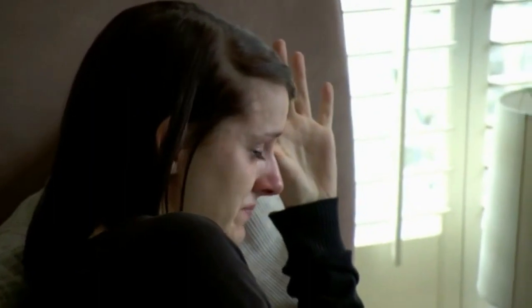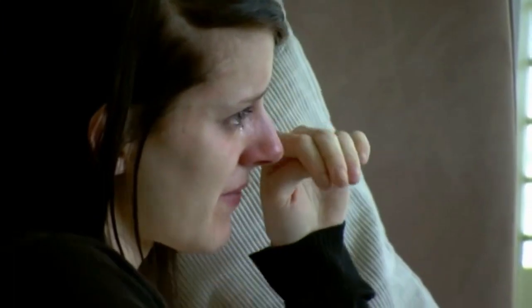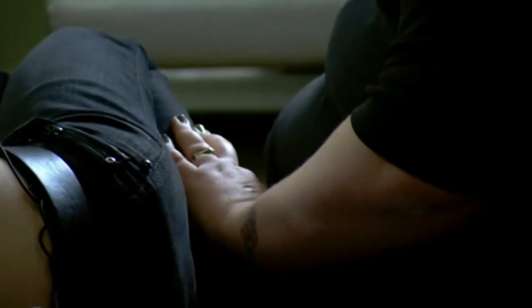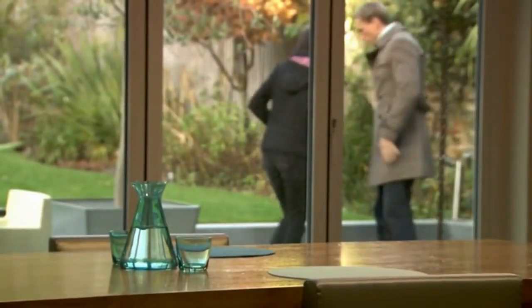Yeah, but it's so hard. I feel really bad as well because you're sitting there with nothing. But you're pushing me by not giving me anything. And if we can't stick together and do this together, then why are we here? Yeah. A hug. When she said she was proud of me, that made me feel a lot better, and I am going to give it my best shot now, and obviously I'm going to do it for her as much as anything. Dr. Christian's concerned that Emma has issues around food that need to be resolved before she can make real changes